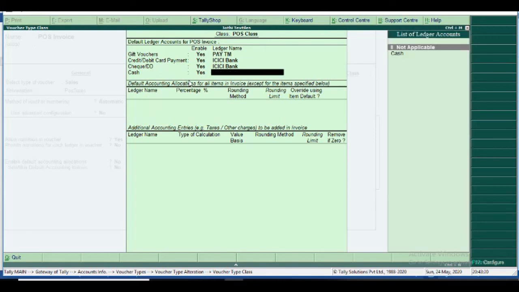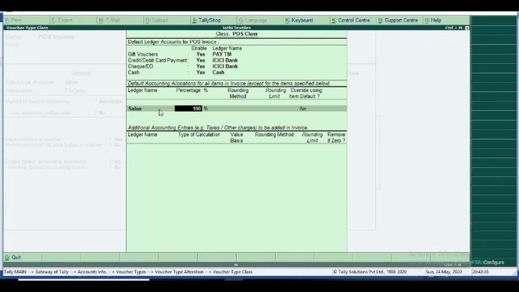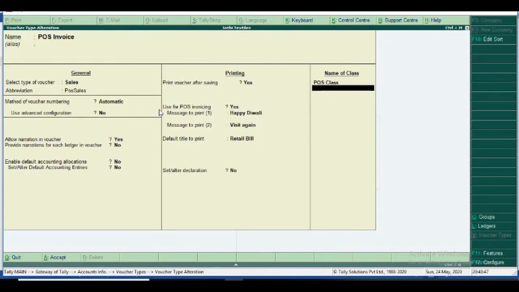Cash ledger I select the cash ledger. Okay, the ledger name: in this transaction the total amount, 100%, moves to sales, so I select sales here. 100%, yes, it's 100%. Okay, you leave it blank.